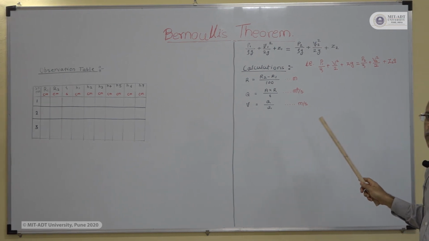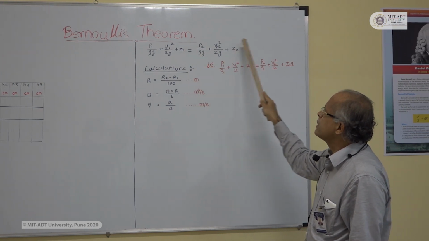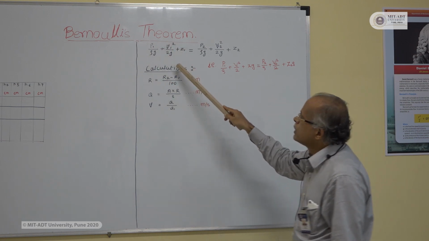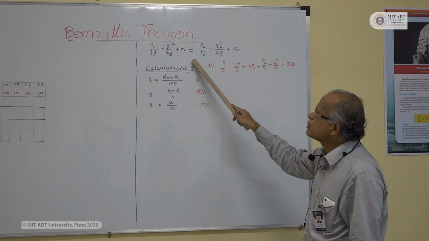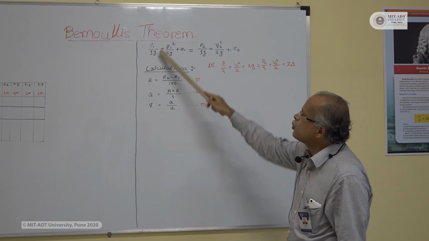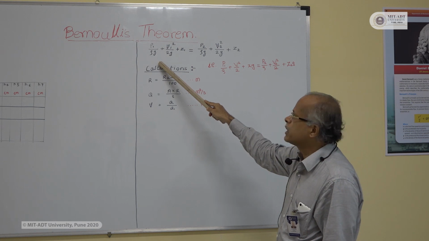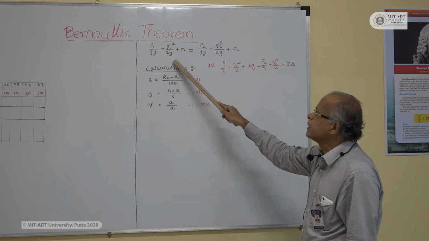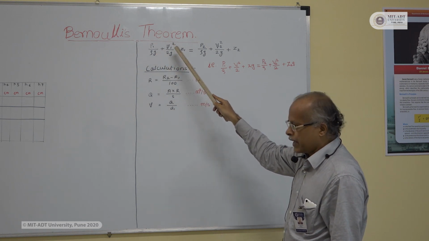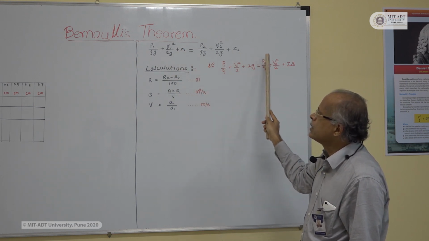For a horizontal pipe, Z1 is equal to Z2, so we can just cancel Z1 and Z2. So, what do we require? We require the first term and the second term. The second term involves velocity, and that velocity we can calculate. P1 by rho g is known as pressure head, which can be determined easily with the help of piezometers. So, using P1 by rho g and V1 squared by 2g, we can calculate total energies at 6-7 points, and we can verify that all these values are constant.